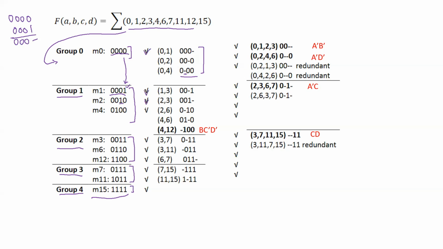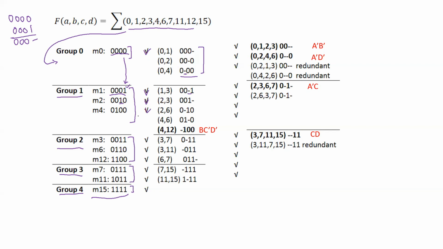Okay. Now coming towards this group number 1 and group number 2. So here you can see this position is different. So you will write it like this. Similarly, 1 and 4. So more than 1 are different. So we are not going to write it. Then 1 and 12, yeah, more than one position is different. So we are not going to write it.